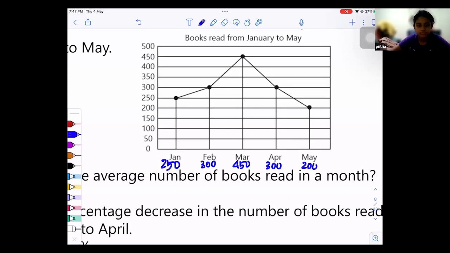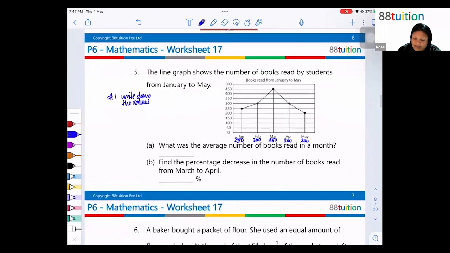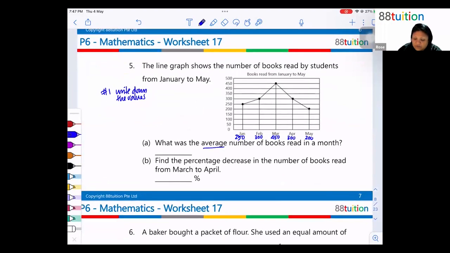Now, because we want to find the average, I know the total number of months is 5. To get the average, find the total: 250 plus 300 plus 450 plus 300 plus 200. This gives me 1,500, divided by 5 to give me